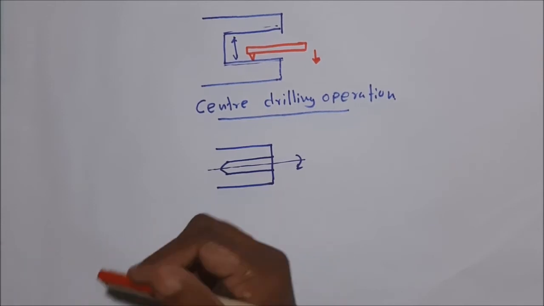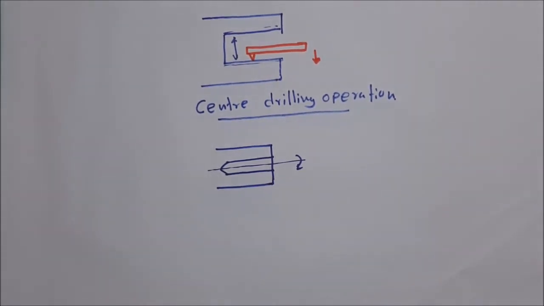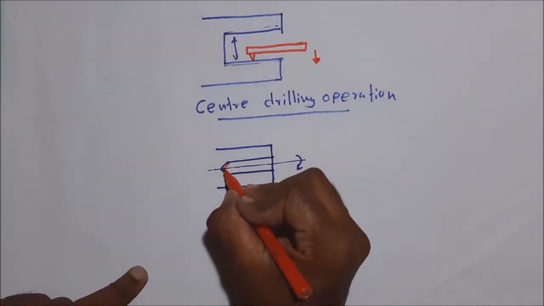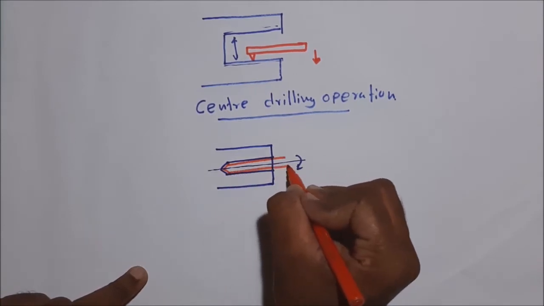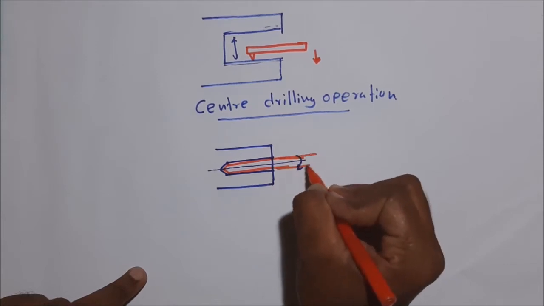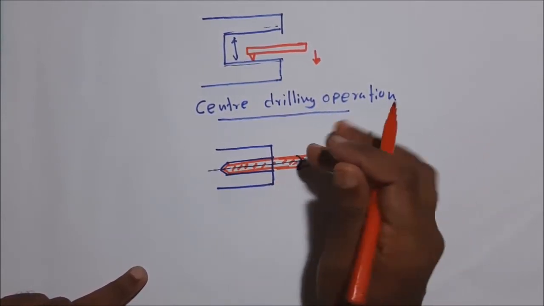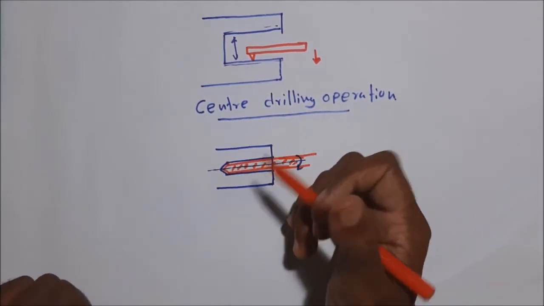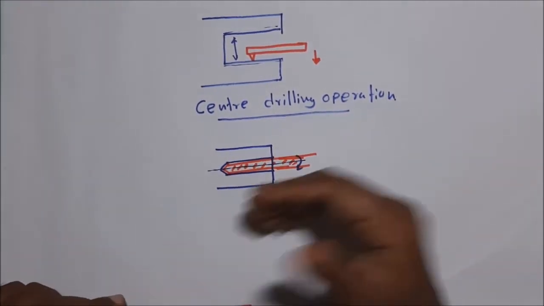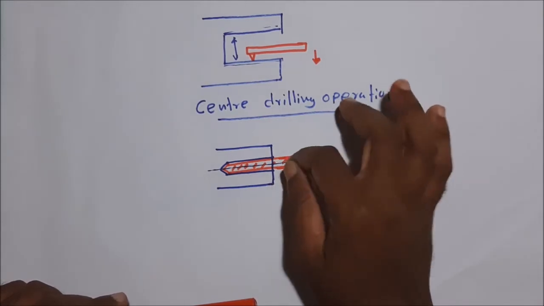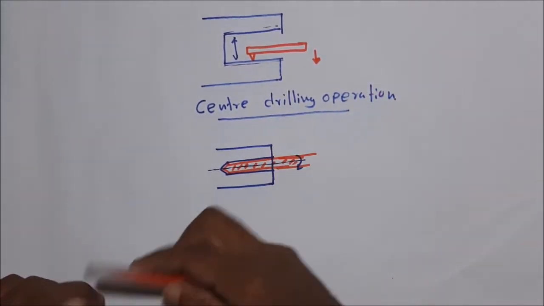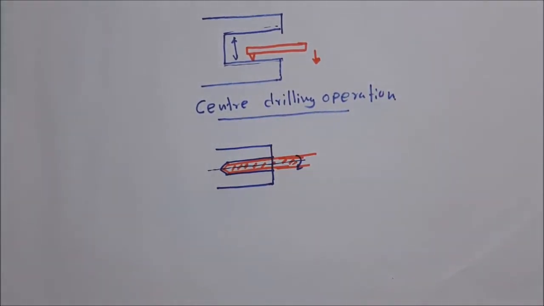So, see the cutting tool, the drill bit. This drill bit is mounted on the drill chuck. The drill chuck is mounted on the tailstock. This is the drill bit. To generate the hole along the rotating axis of the workpiece is called the center drilling operation. Next operation we are going to discuss is